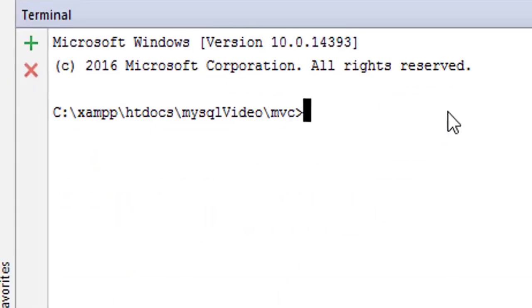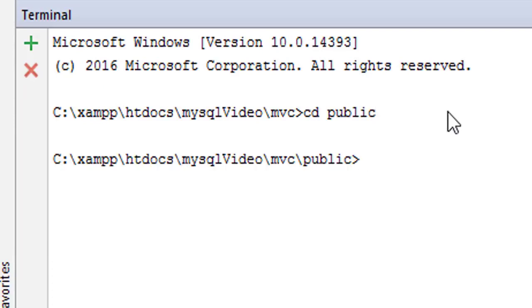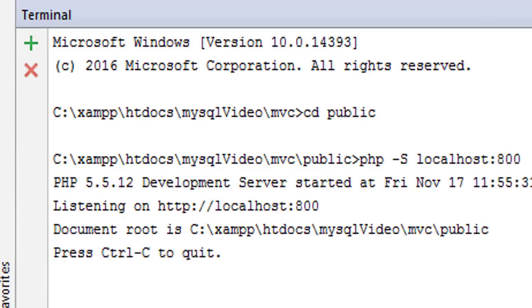But before doing that, let me go ahead and run the PHP built-in server. So I just cd to public, and I will type php -S localhost:800, right? Now if I open my browser and type localhost:800,